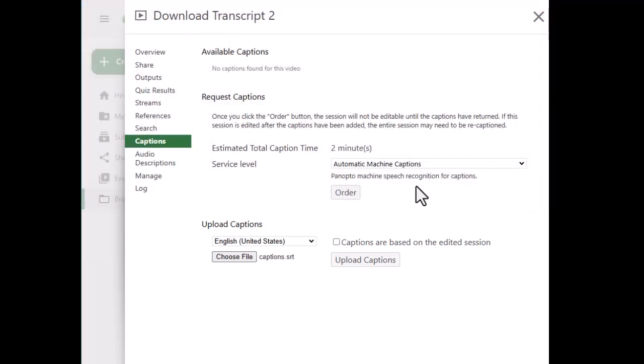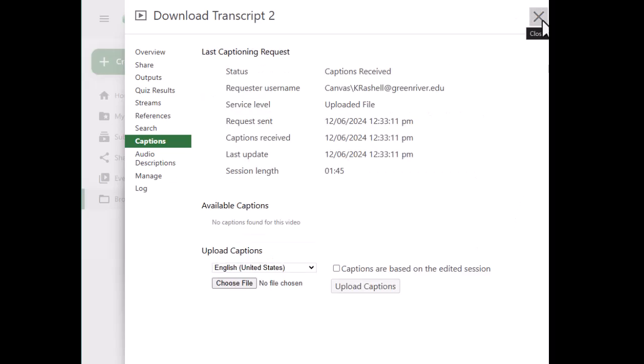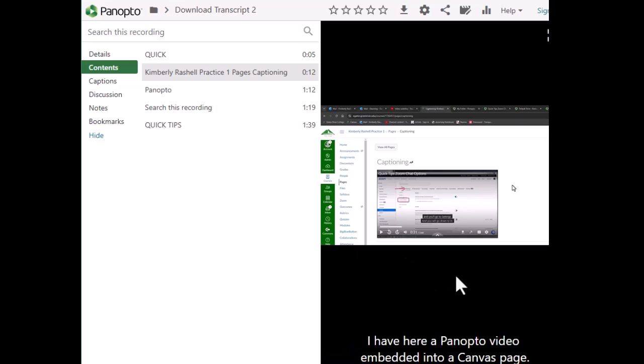And we're going to upload those captions. And now instead of having machine captions, it's going to be the captions that it received from us. It takes a few seconds, the captions will upload, and then once they've been embedded, you can hit the play button and see the new captions match the ones from the YouTube channel.